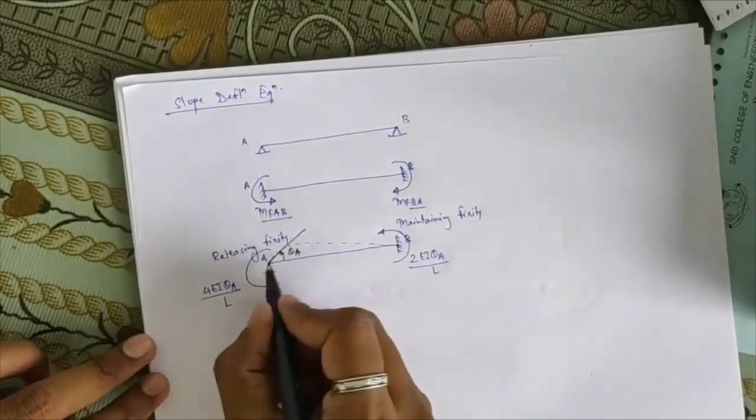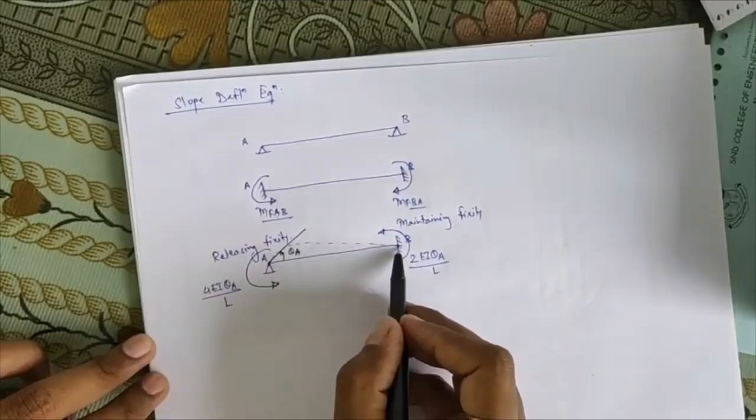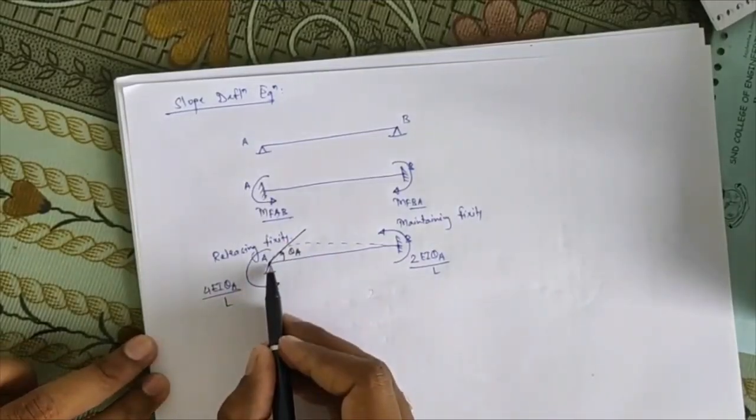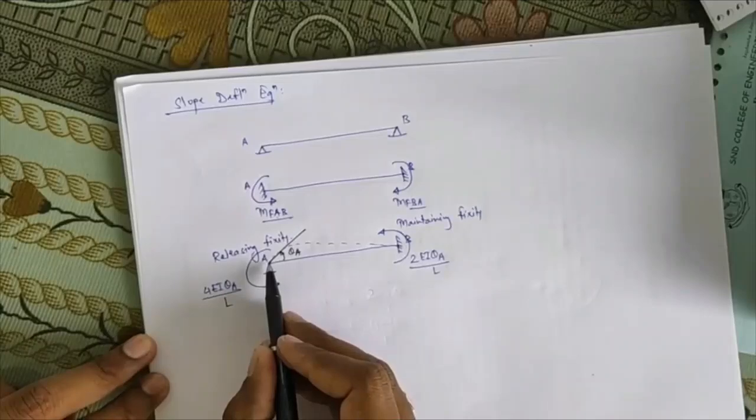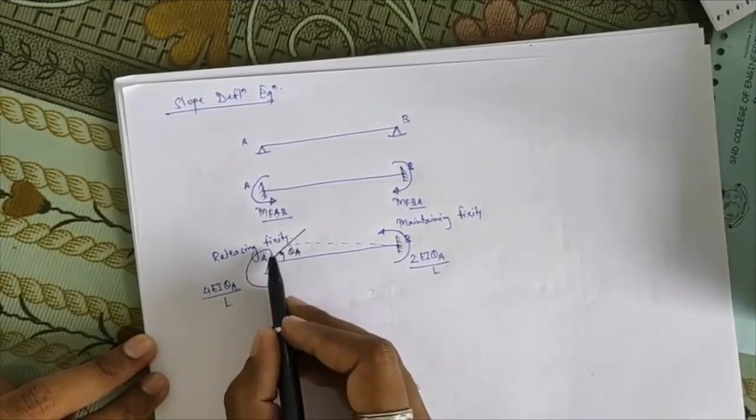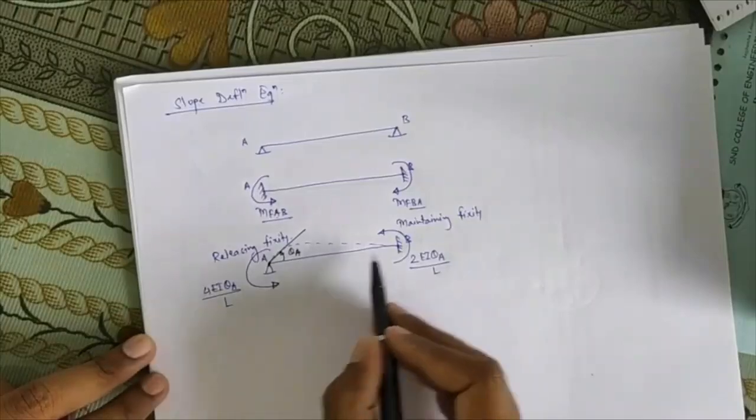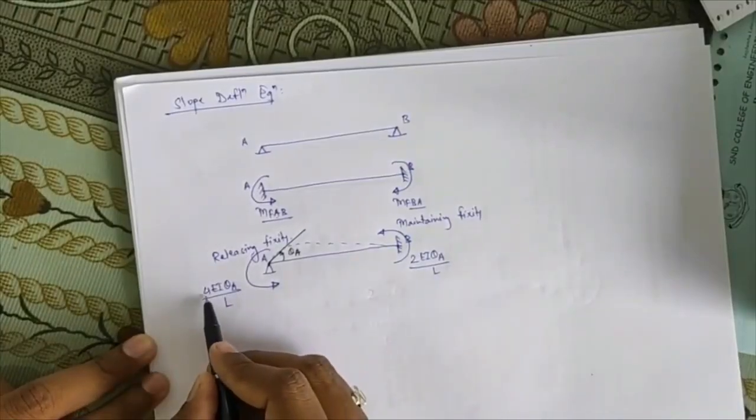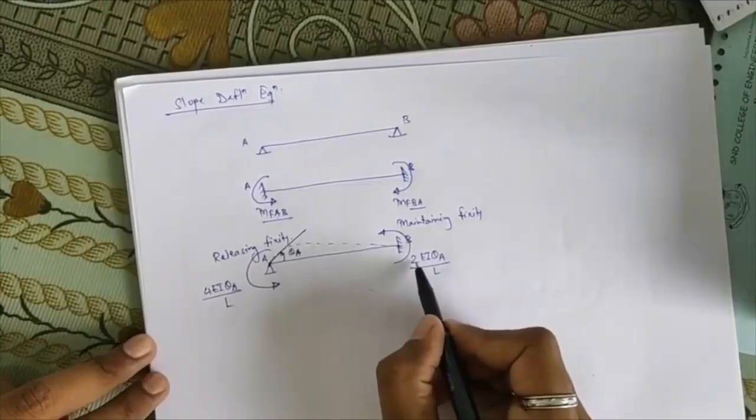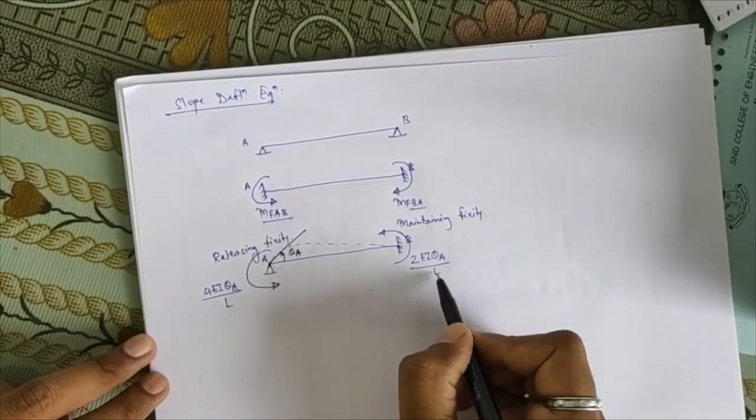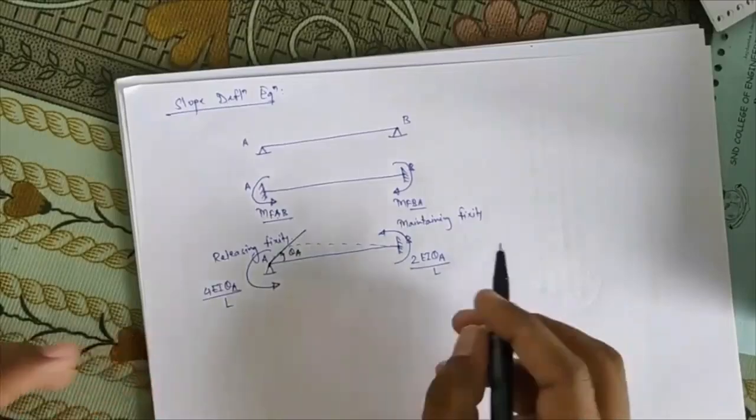Getting this? What we have done, we have just maintained fixity at joint B and we have released the fixity at joint A. Due to releasing this joint, this slope will occur at point A. That slope will produce a moment occurring at points A and B, that is equal to near end moment 4 EI theta A upon L, and this will be equal to 2 EI theta A upon L. Okay, now